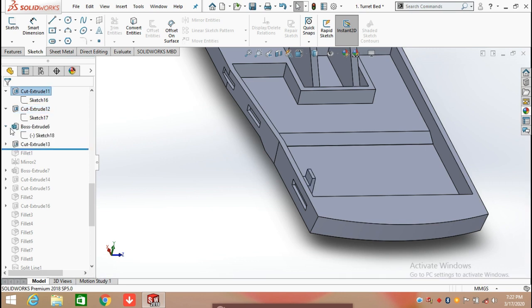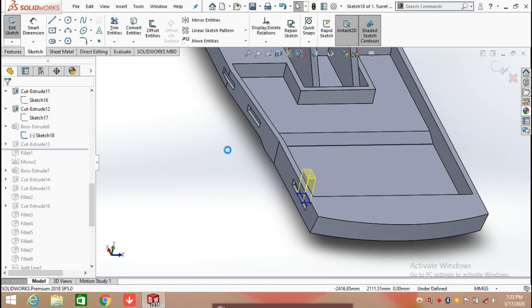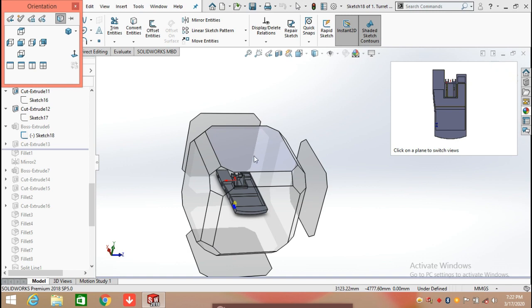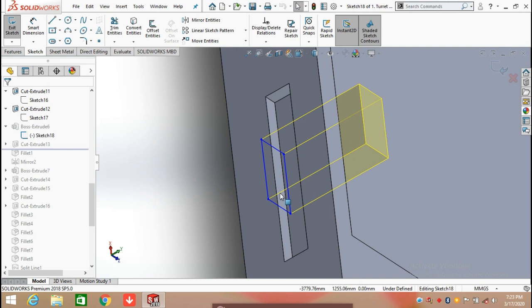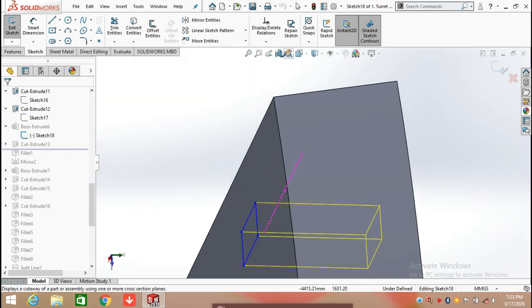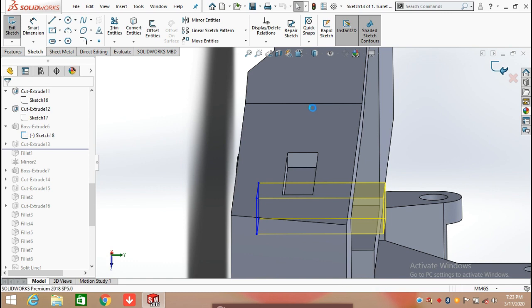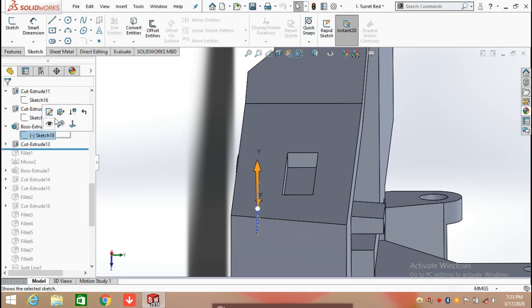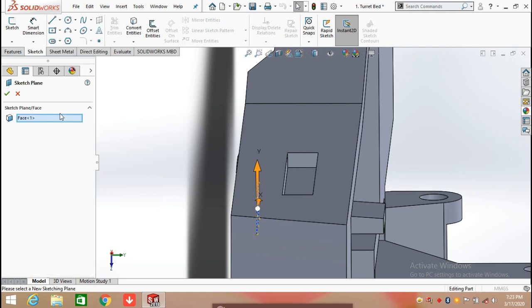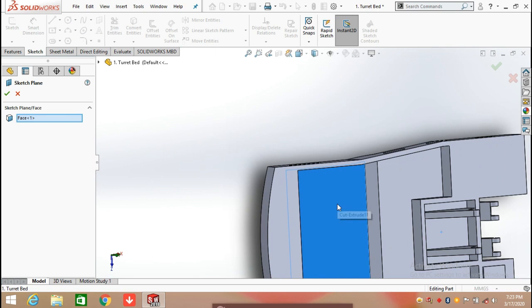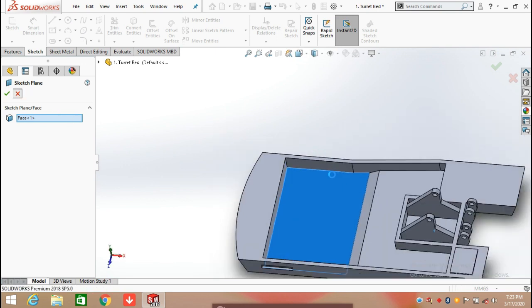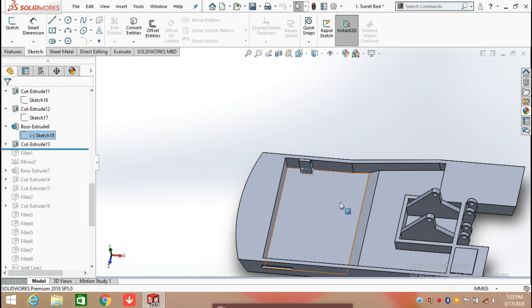Now we are going to apply extrude boss feature again. So for this we need to create a sketch. Here we are selecting the face to create the sketch. Click on this one face and click on sketch